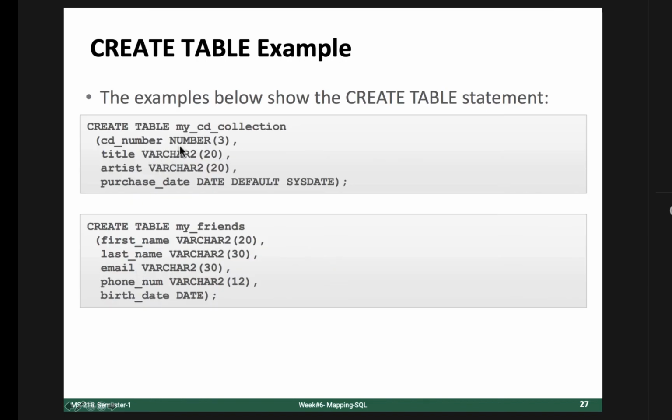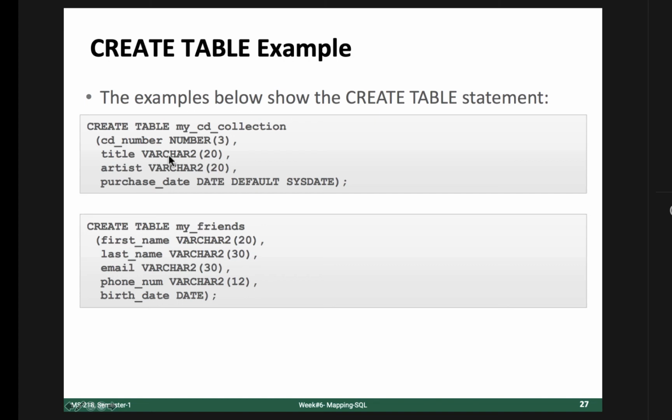So here we have an example. Create table, simple, then the table name. The first attribute is CD number and its data type is number. In Oracle we have 30-40 data types, but usually we use 3, 4 or maximum 5 data types that are very common. Number is for integers, with its precision.